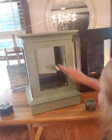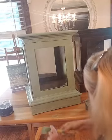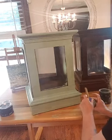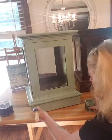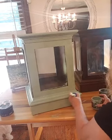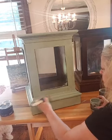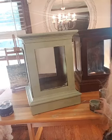So I'm just putting on the second coat. I've got two of these end tables. I'll be painting both of them tonight. We won't be doing the transfer until tomorrow because I'm gonna want the paint to dry overnight. So basically all this is just a simple technique of just painting and then just blending in another color. All right,